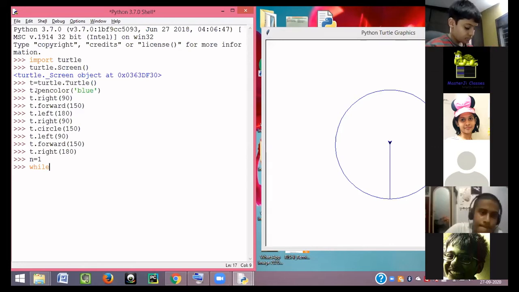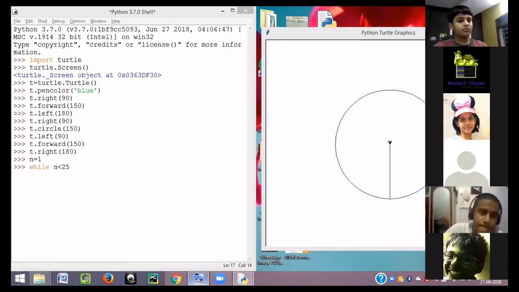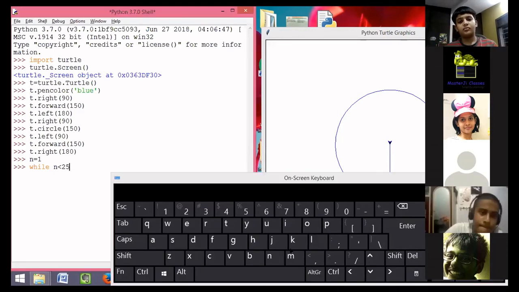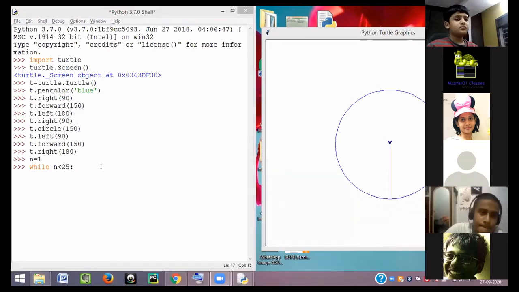Just imagine that right now I'm writing a repeat loop in Scratch. While n is less than 25, and of course my semicolon does not work properly, so I have to use an online keyboard for that.